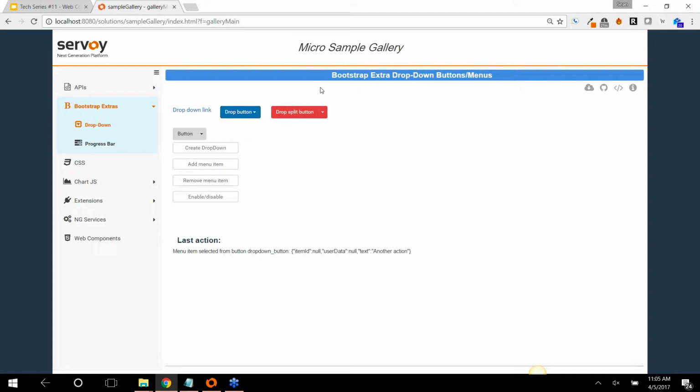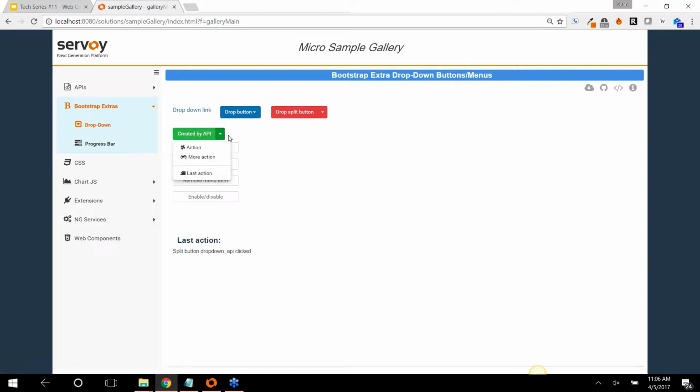You can also have the Bootstrap split button, so if I click the menu drop-down, I get the menu, but if I just click the button itself, then I get the action handler for that button. This is what the disabled version of it looks like, and of course you can programmatically create and modify the drop-down. So if I create a drop-down menu and append it to that one that was disabled, now you can see that I have the split one with the drop-down,